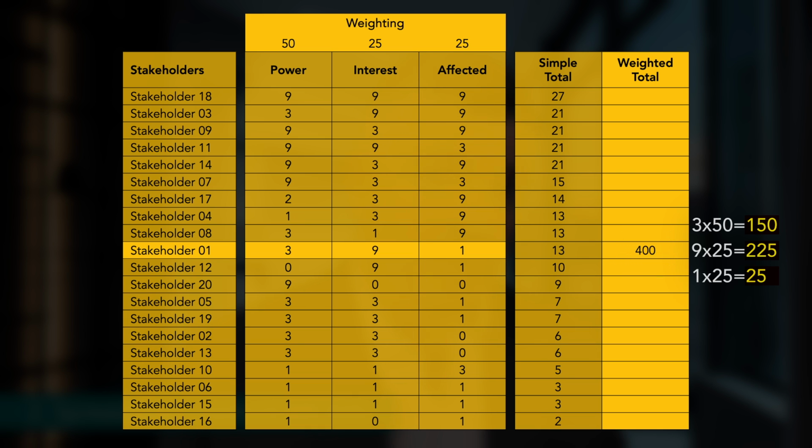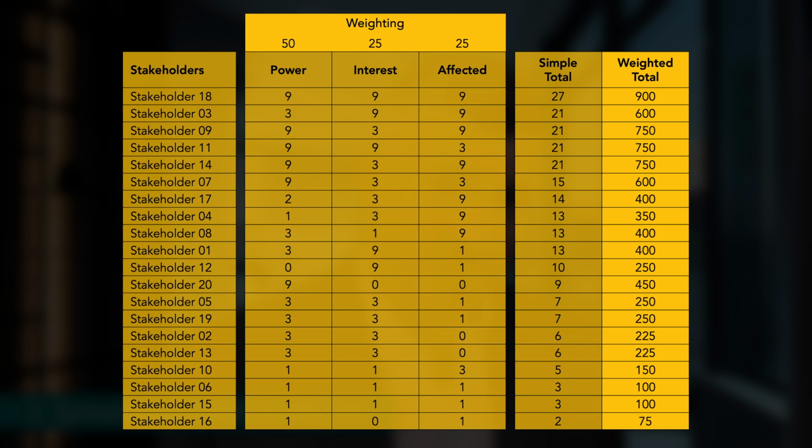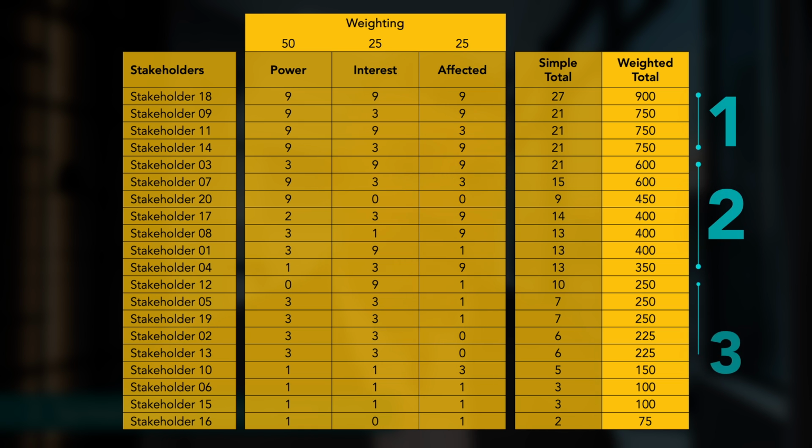Now, I'm not going to show you how to create the formula here to auto-calculate that for you, but using a formula like this will sum these up really nicely. Then you just sort the total score column and group them up, just like we did before, and you can now see how the weightings have given us a different, more accurate result. And by using the 0, 1, 3, 9 to rate each stakeholder, I've also helped to separate the total scores, which makes grouping them up a lot easier. You can see how it helps you separate them based on objective measures.